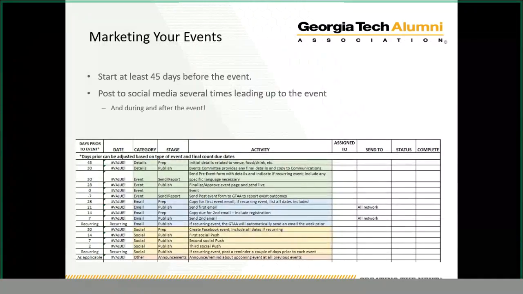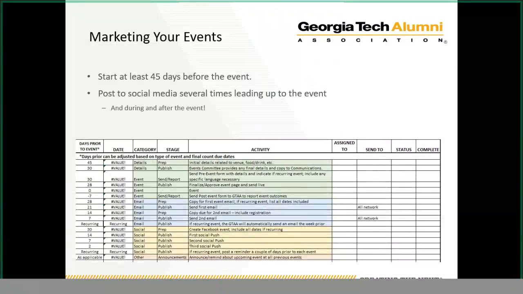we do note that our open rates are higher than industry standards, but that still only puts them at about 30%. So we do ask that you and your team really focus on how to reach those other 60% of alumni in your area. So we'll handle the mass email communications, but it's up to you to do those personal outreaches, social media pushes, and get creative for how you're reaching out to alumni, how you're marketing your events.